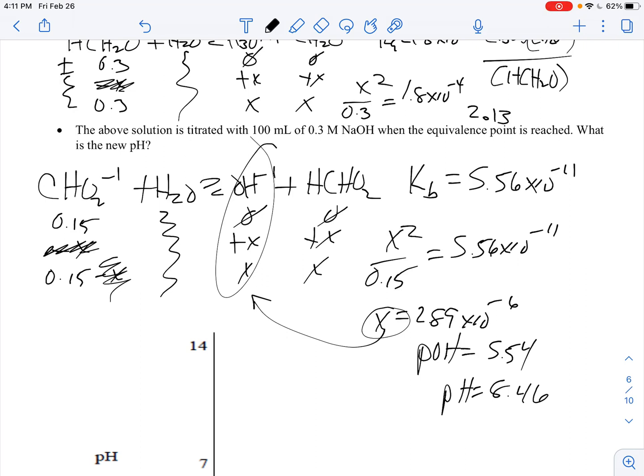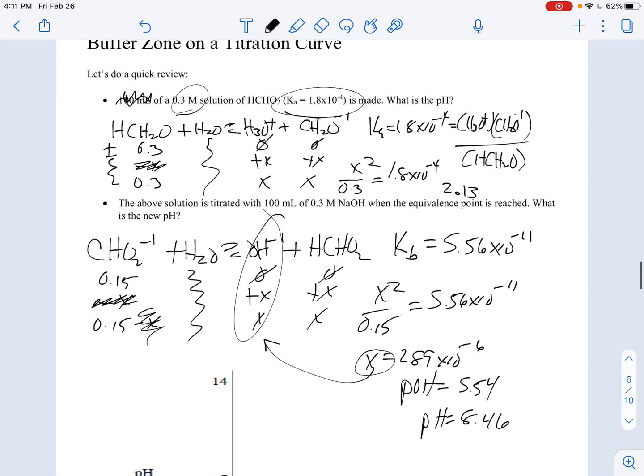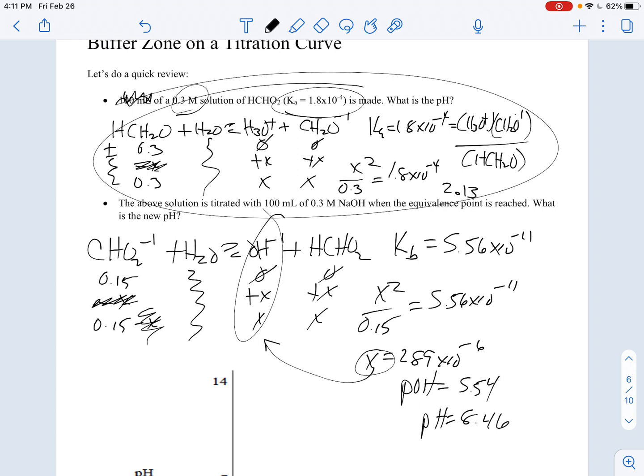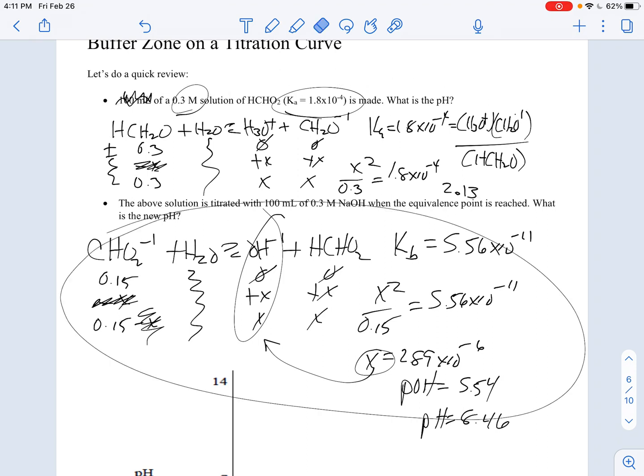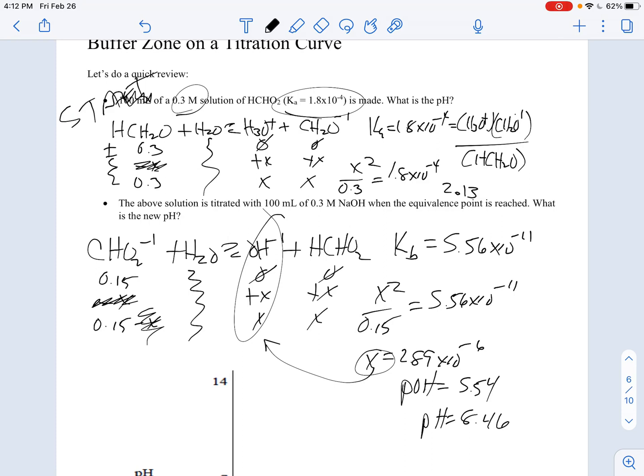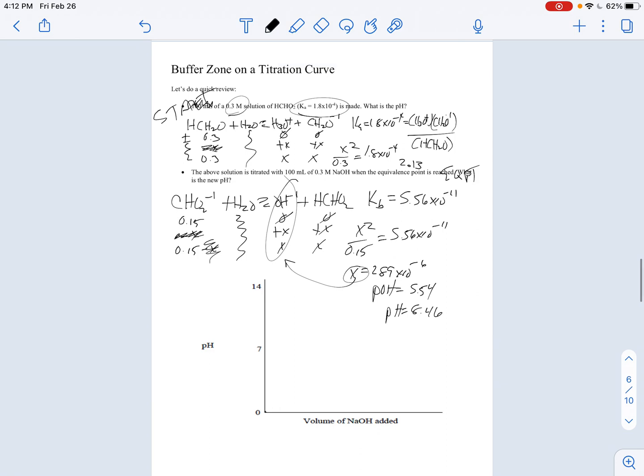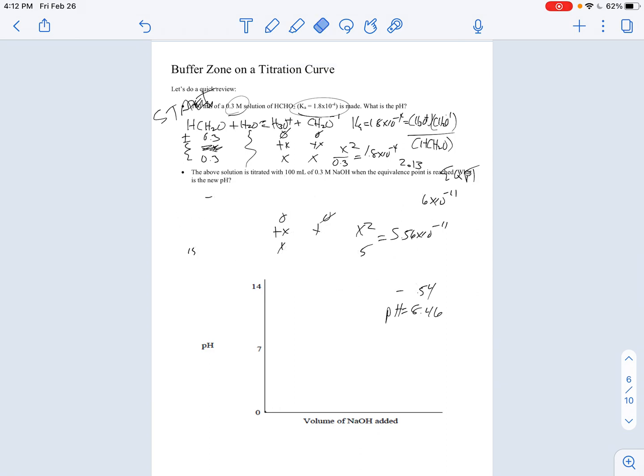There's nothing about either of these problems that has anything to do with buffers yet. And all of this is old business. So this is a quiz 1 kind of problem, and this is the first part of a part 2 problem that's going on there. So this covers us at the start, and this covers us at the equivalence point. So if I were to erase all this so that I had a place to write on my